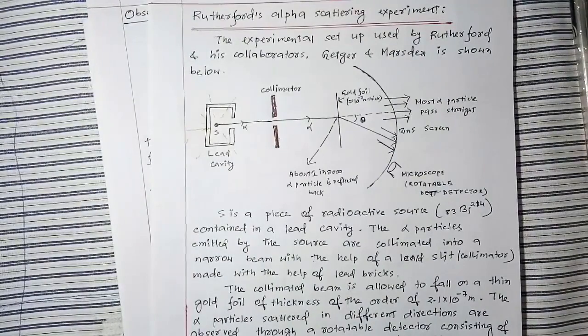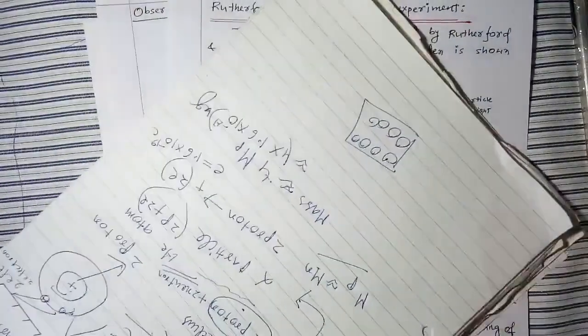Understood? Since Rutherford needed only one layer of gold atoms, he made the foil with a thickness of the order of 10 to the power minus 7 meter, which is very thin, right? Now, whenever alpha particles are emitted from the radioactive source, lots of them are emitted. Not only 1 or 2, but around 10 to the power 7, minimum.